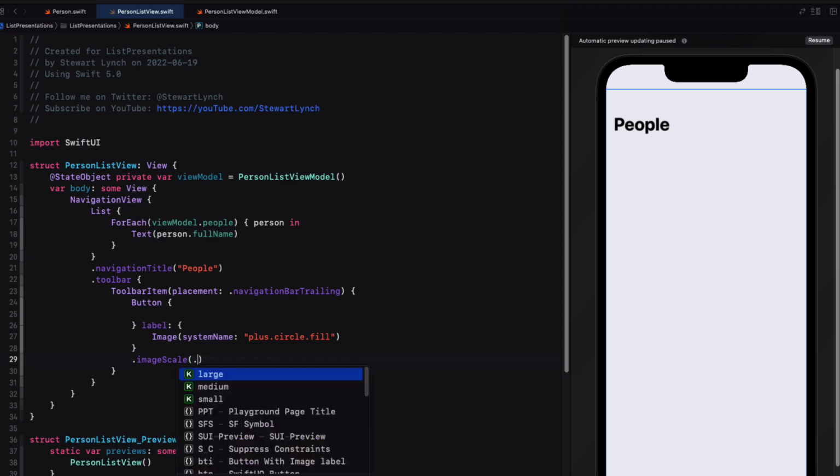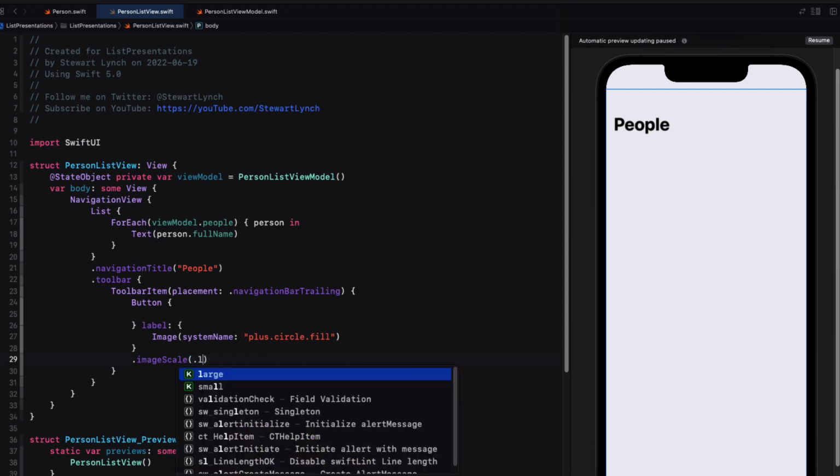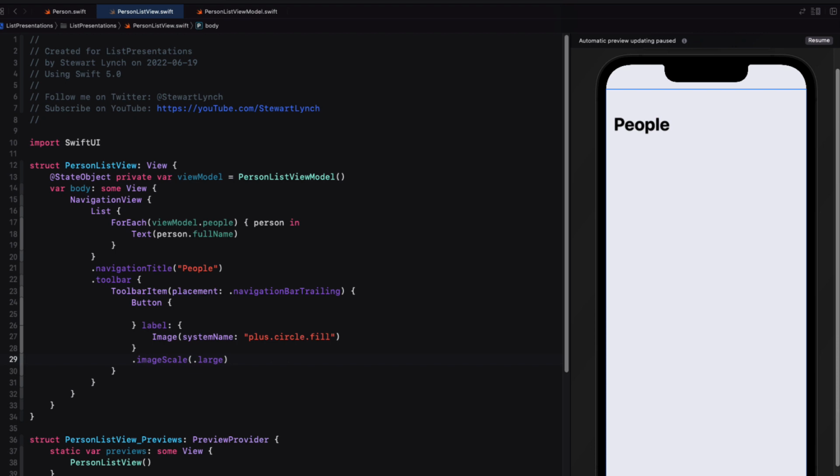Now, at some point in the development of this app, I'm going to want to create a new person object and use my own persistence layer to save the newly created objects. However, I'm still in the design phase here, so I want to be able to view what this would look like if I already had some people created. So I'm going to ignore this action altogether for this video and create some mock data that I can use